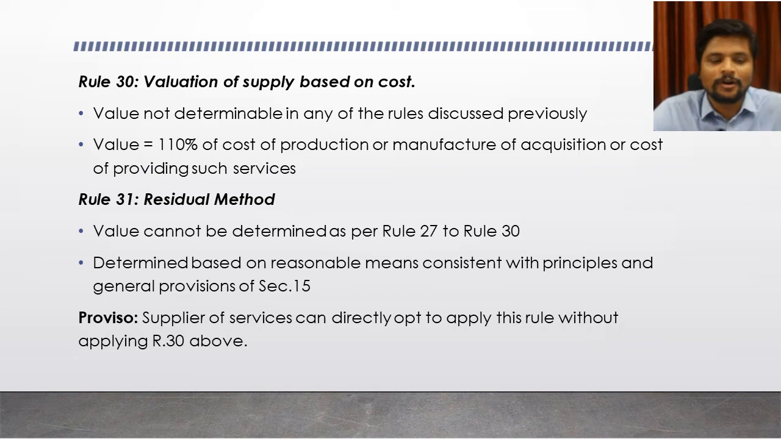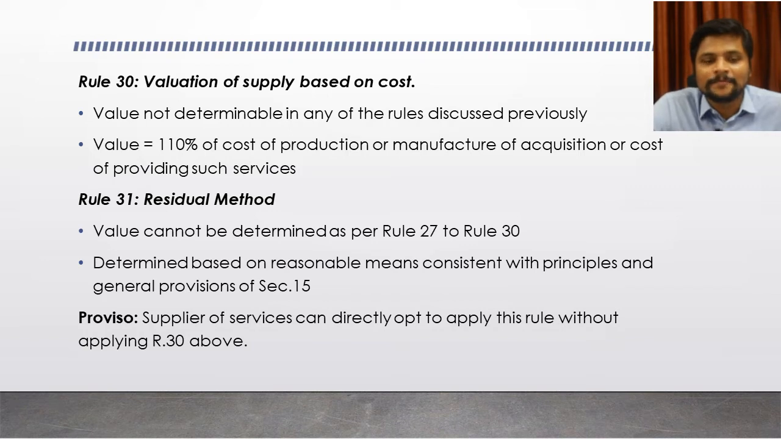Okay, there is one small proviso under Rule 31. What does the proviso say? Under Rule 31, the main rule says that in order to apply Rule 31, you should first check the previous rules. From Rule 27 to Rule 30, you should first check whether those rules can be applied. Only if those rules fail to apply for this transaction can you resort to Rule 31. But in the case of a supplier of services,